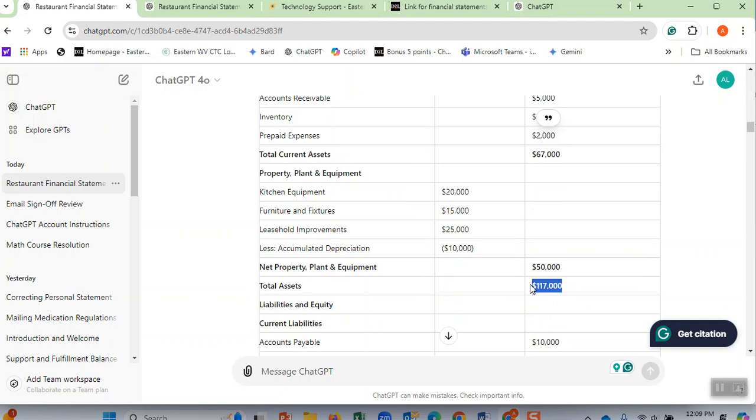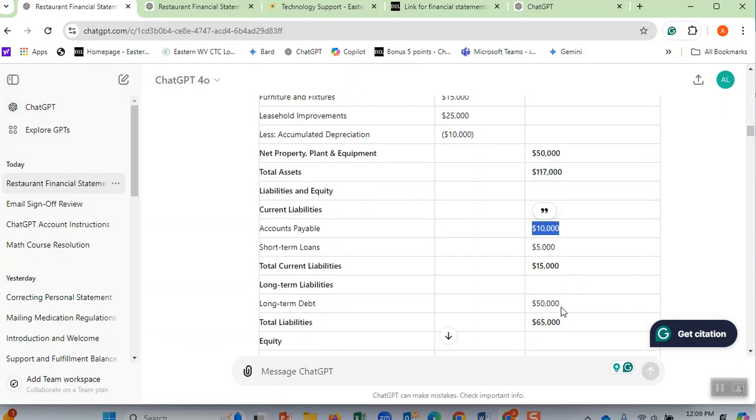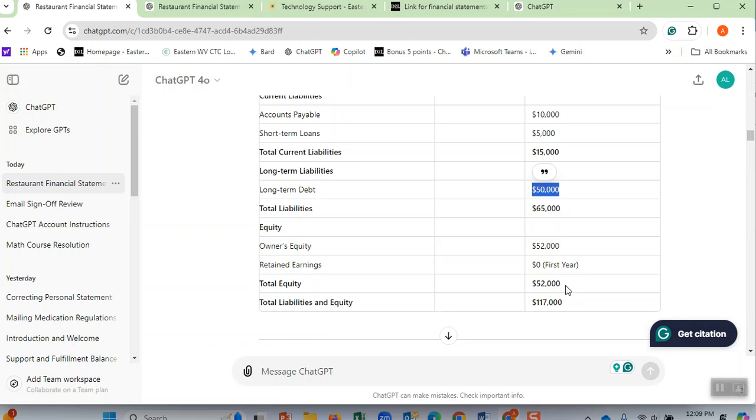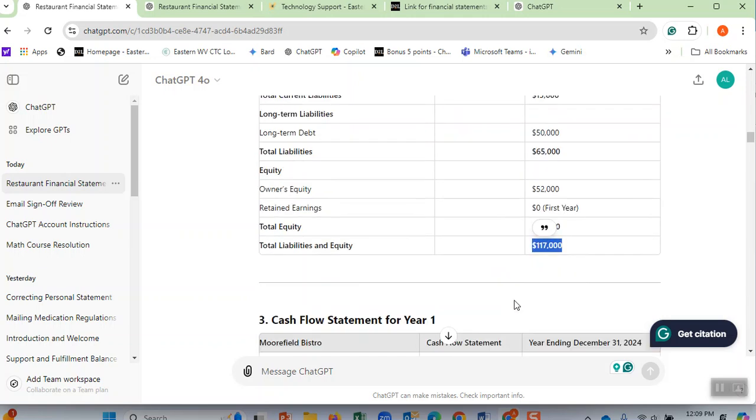Of course, I have liabilities. I have bought food, and I have to pay, just like the bank, what we owe. And I have loans to pay, and then long-term debt that I borrowed, a lot of money to buy equipment. And then owner's equity. You remember that in the case of the cab, it was $2,000. Here it is $50,000. The total liabilities and owner's equity together are $117,000. Do you see that this is equal to the assets? We always said balance sheets are supposed to be balanced for that reason.